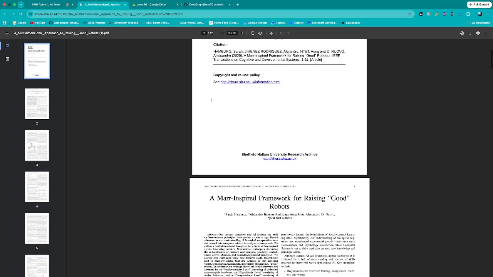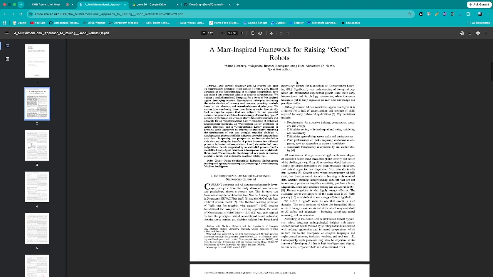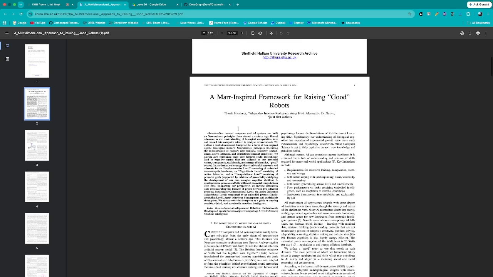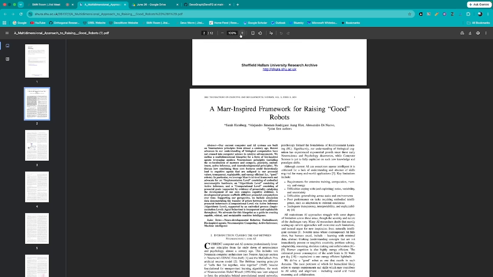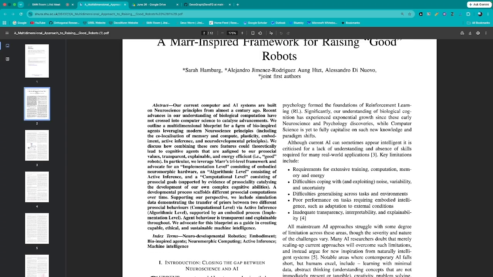It's in IEEE Transactions on Cognitive and Developmental Systems, an IEEE journal. She has a lot of interesting work on developmental robotics, thinking about energy efficiency and pro-social values.